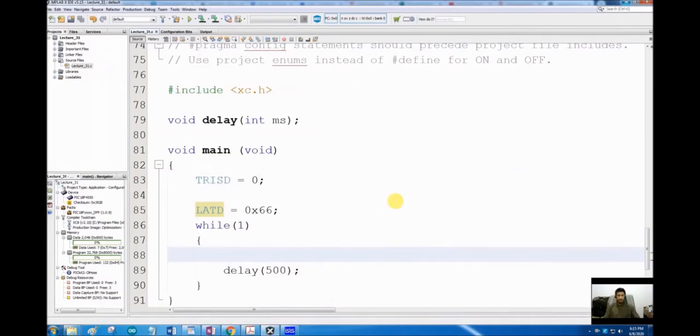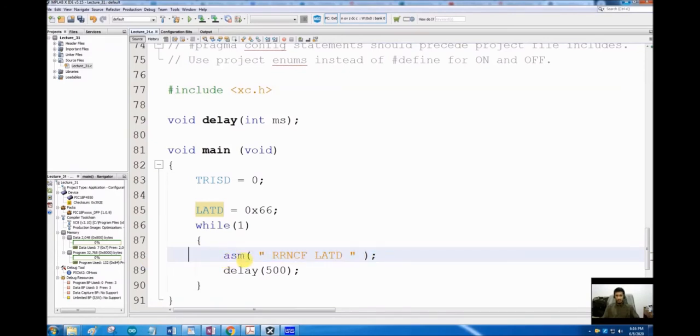And how to do it? It's a very simple format. Let me copy it as it is. To write one assembly language instruction inside your C language code, you have to use this format at line number 83.